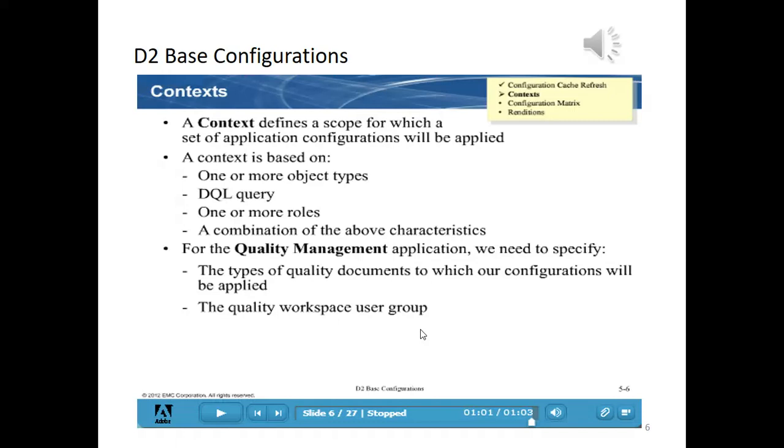Otherwise, you have to select all applications and create a generic context also. That's a different story. Basically, a context contains one or more object types or a DQL query or one or more roles or a combination of the above characteristics. Here we take an example like a quality management application. For a quality management application, how are we going to create a context?